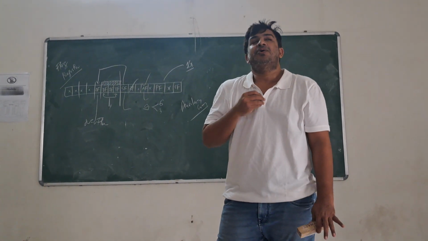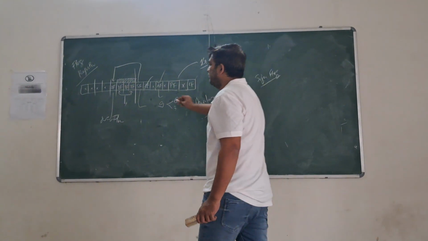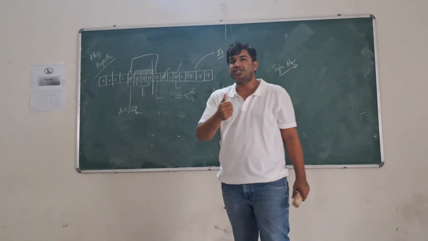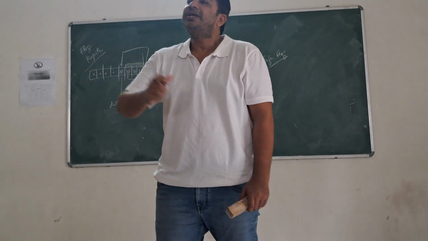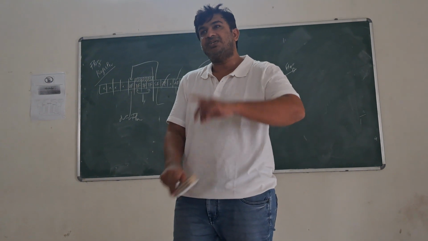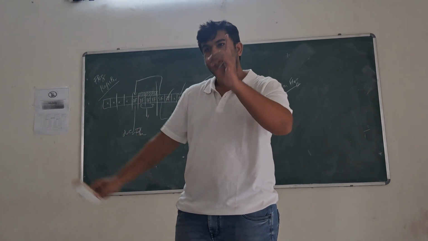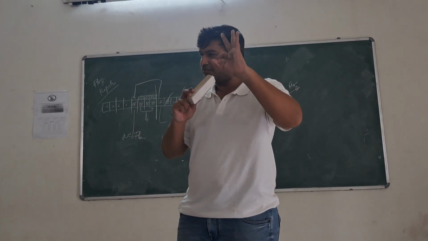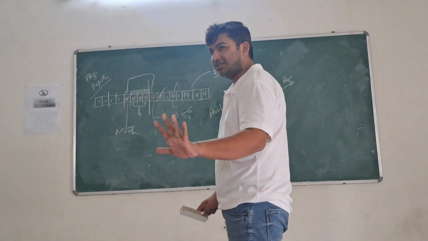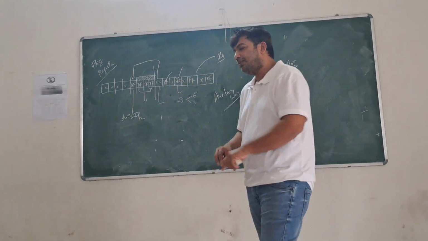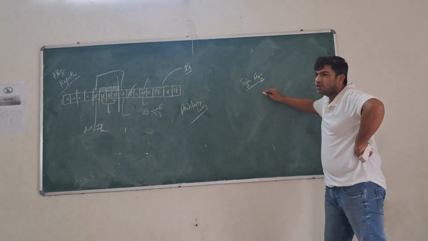Understand? Now the normal tradition is the sign flag is used to check whether the number is positive or negative. That is what the use of the sign flag is. And by default, if the sign flag is equal to 1, the number is negative. If the sign flag is equal to 0, the number is positive. This is what we follow. But that is not always the case. How and why? Concentrate.